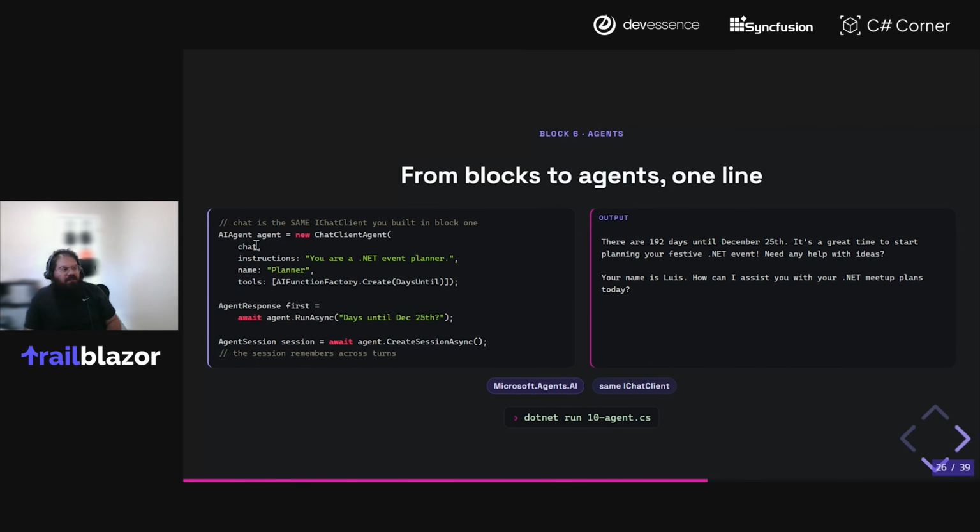But then if you take a look at two of them, chat and tools. Chat in this case is our IChatClient that we've been building with all this time, so you just plug your chat client right in. And from a tools standpoint, you can provide the same AIFunctionFactory create tools. If it's MCP, you can provide the MCP set of tools.